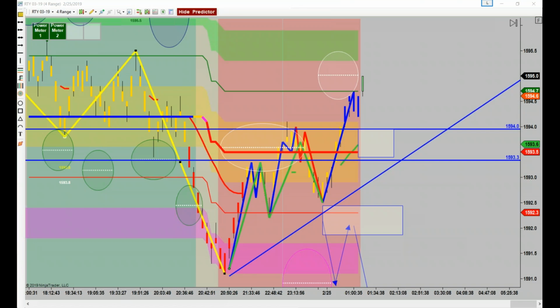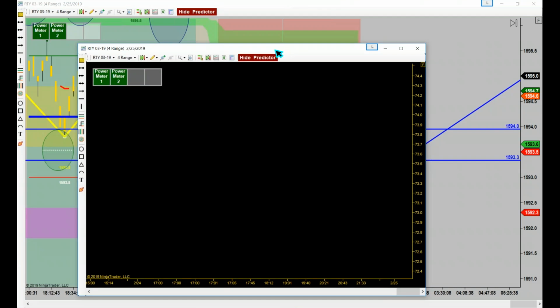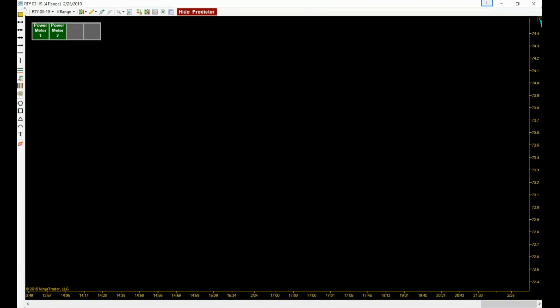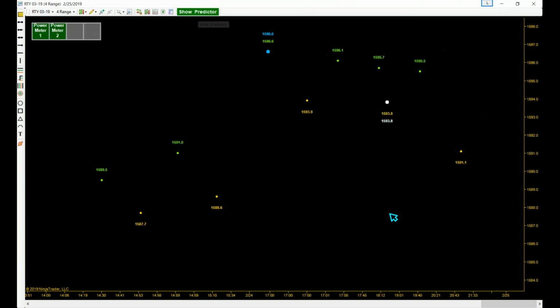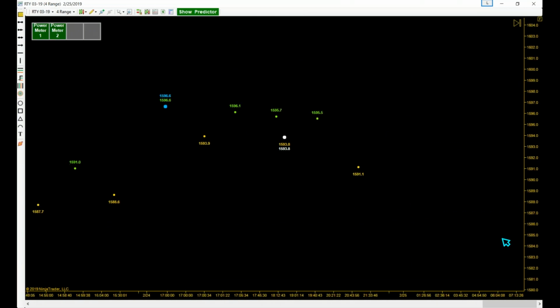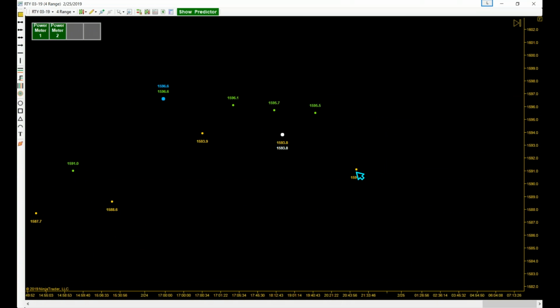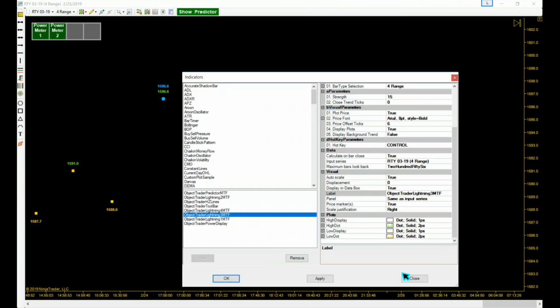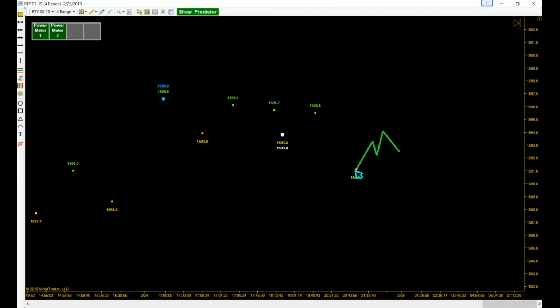And I'll bring it over. And we'll bring it to the fixed, take the predictor off. Okay, and then we're going to draw our lightning 2. Okay, lightning 2 is shift. By the way, if it doesn't draw from your dot,